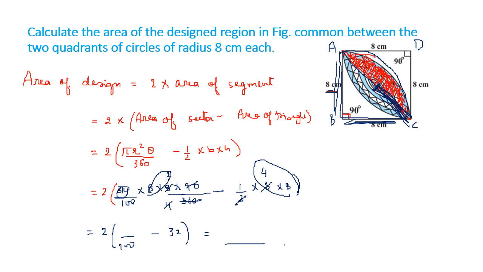So this we did by breaking the design into 2 segments, finding the area of one segment and multiplying by 2. So here we are going to end this chapter. In the end, what did you see here? That the whole chapter is finding areas of segments, areas of sectors, areas of triangles, and the combination of different shapes. Means circles in the squares or squares in the circles, quadrants, segments, and so on. So all you have to do is find the areas in different ways.